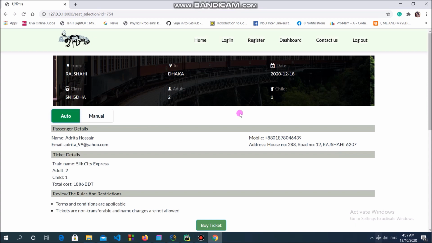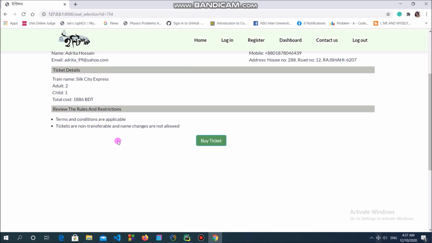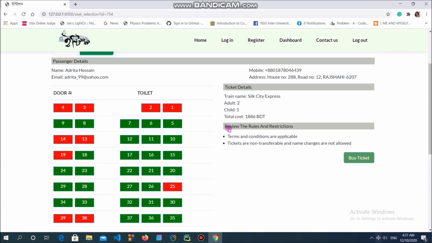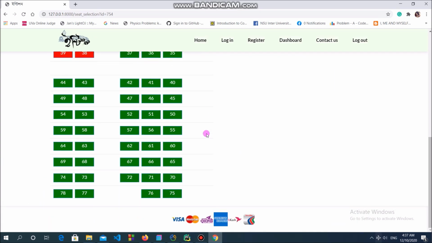Greetings to everyone listening. I am Shimontika Bhattacharya Drishti presenting now. A seat selection page appears after the user selects a suitable train and clicks purchase. Here in this toggle button, the auto option is already selected, and if it is kept so, the seat numbers are serially assigned using a function and a procedure from the database. But if the manual option is selected, then the user can select seats according to his choice.